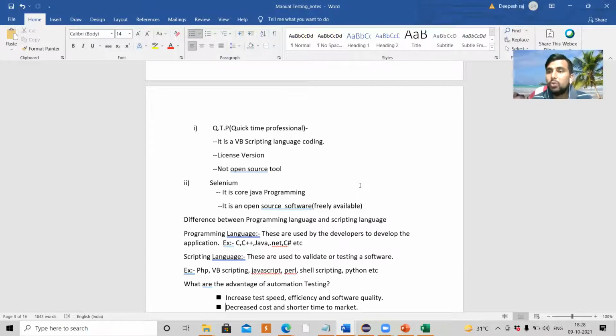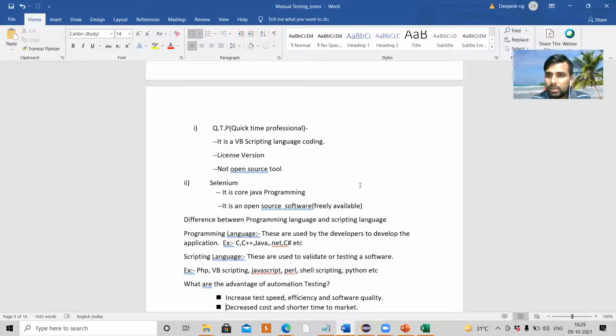Efficiency and quality are also improved because the tool is not going to skip. But if repetitive tasks are done in manual testing, sometimes they might skip, so someone can skip the features to test. Then the customer is going to find the issue, which means quality is not defined. The customer will complain that we are facing these types of issues, we are finding mistakes in the application, so we are not giving a quality product to the customer.